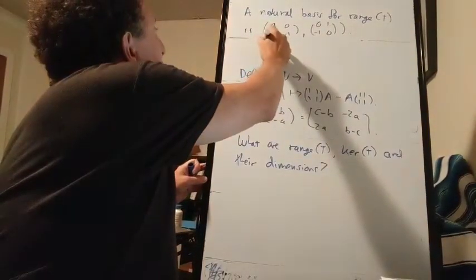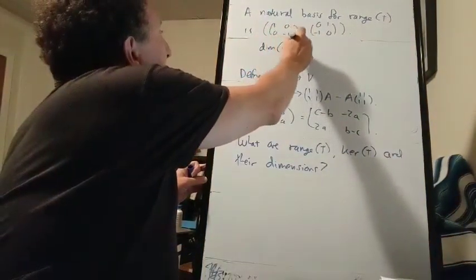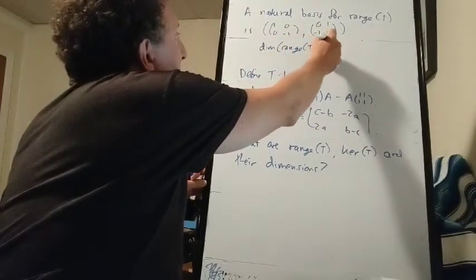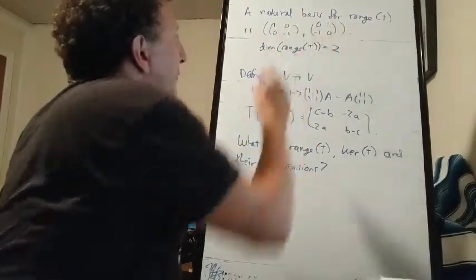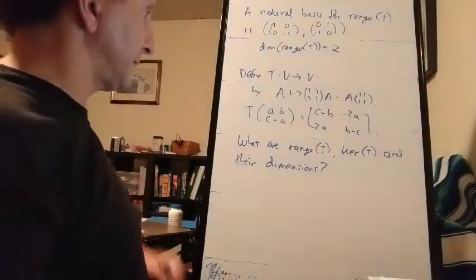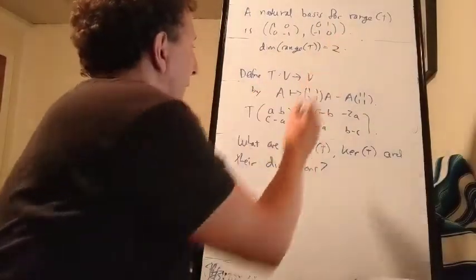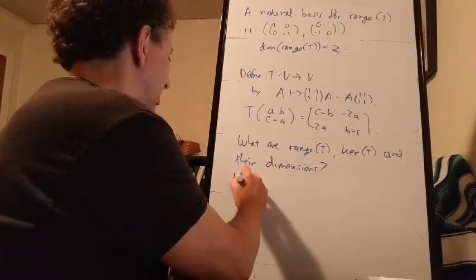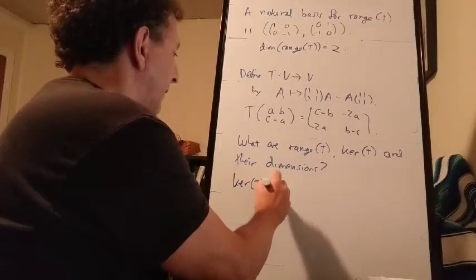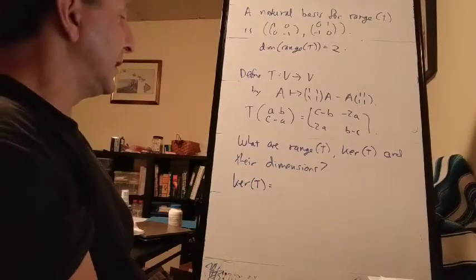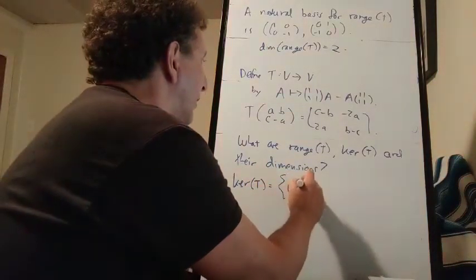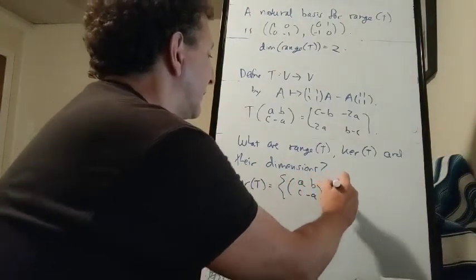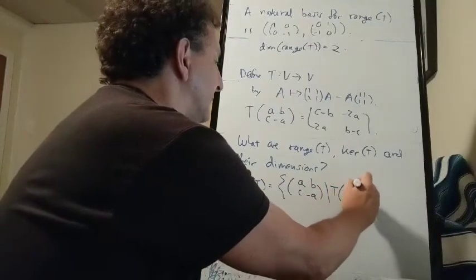So the dimension of the range of T is 2, because we've got 2 basis elements there. Now let's look at the kernel. So the kernel of T is the set of all A, B, C, negative A, such that T of that